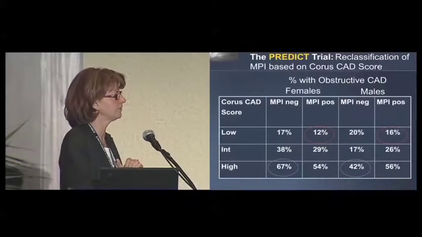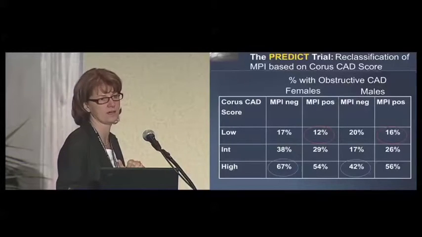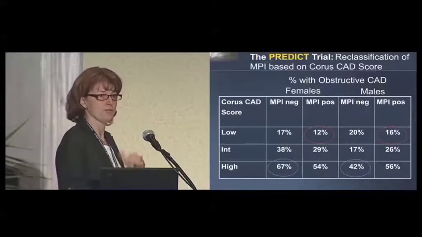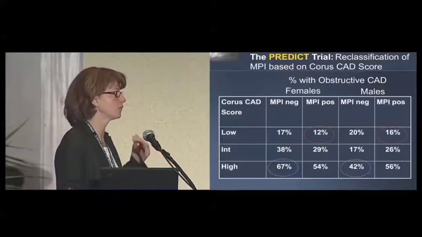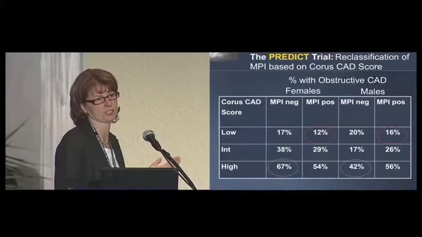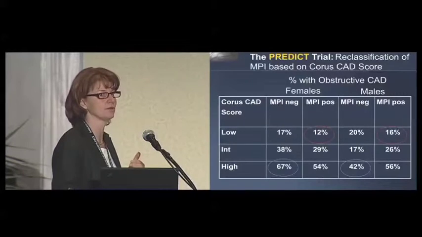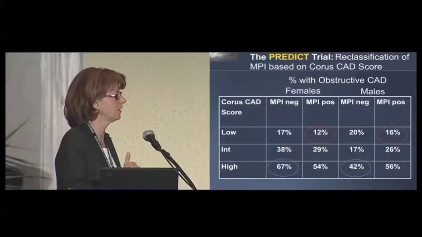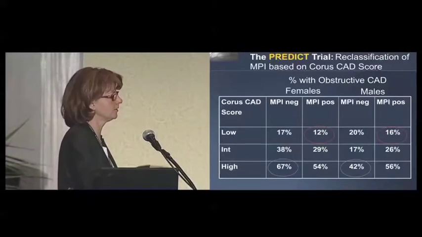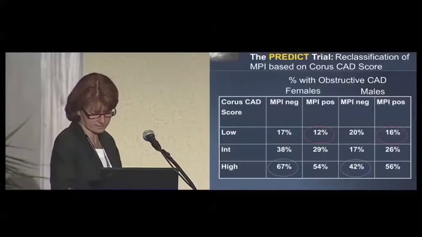On the other hand, if you've got a positive MPI, if you have a low score, you can reliably exclude patients that have negative disease. In 88% of the cases, only 12% will have false negative based on the low score. And you can see the rates in the male patient